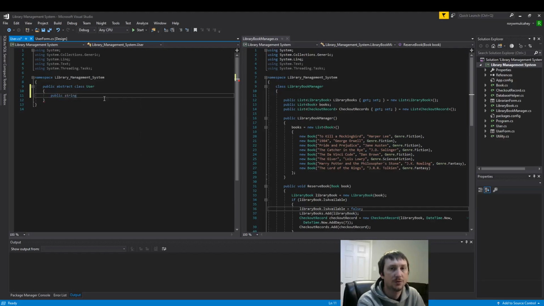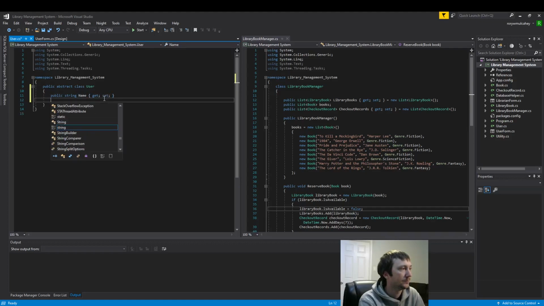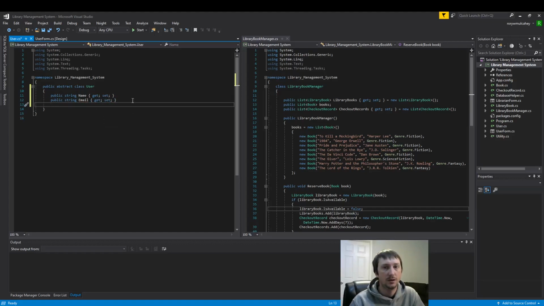First, let's add a few fields or properties in this case. A few properties, we're just going to do the name, an email field, or properties. These will be instantiated, or populated, initialized when the object is instantiated. Here we're going to build a private field. This will be the bread and butter. This will be the main focus of our program, of our base classes here, which is this number of checkout